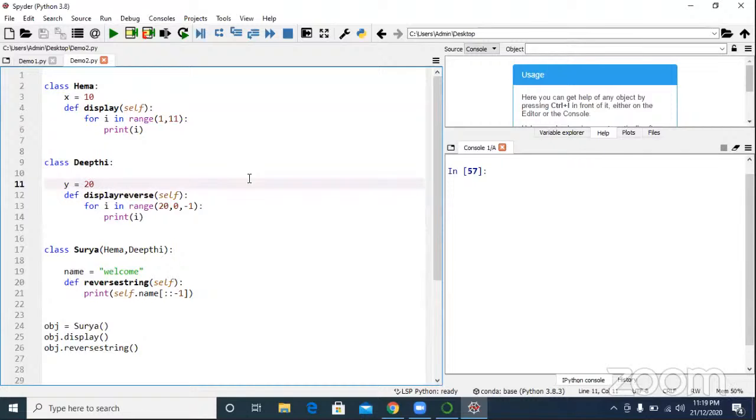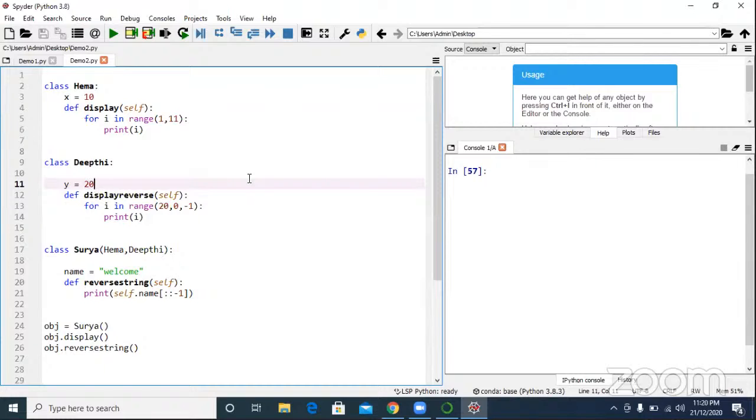Is it possible in Java? No. Why? Java will not support multiple inheritance. We cannot extend or inherit more than one class in Java.